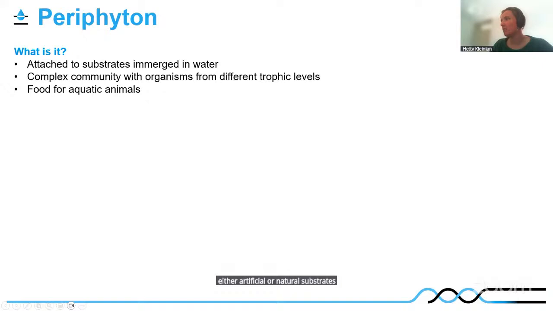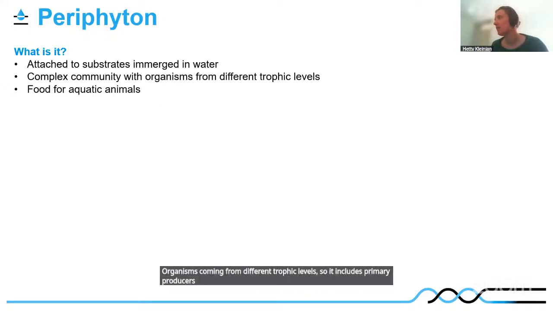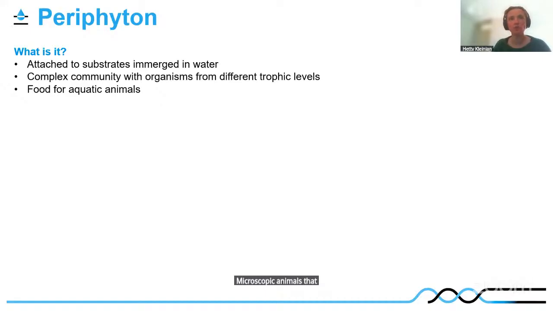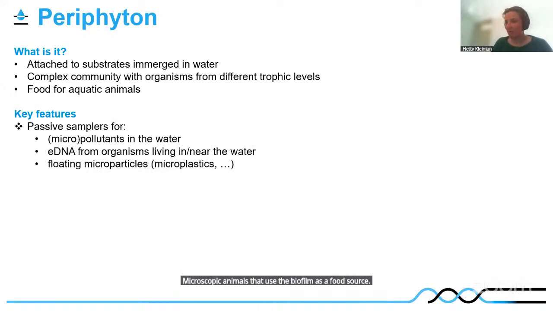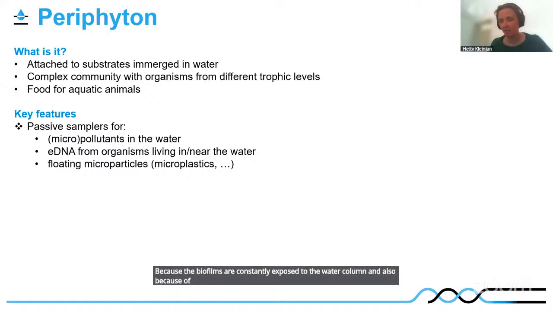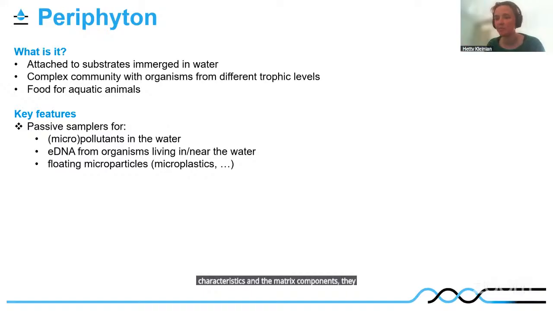They are complex communities that cover different trophic levels, with organisms coming from different trophic levels. So it includes primary producers, fungi, but also heterotrophic bacteria and some microscopic animals that use the biofilm as a food source. Because the biofilms are constantly exposed to the water column, and also because of their intrinsic characteristics and their matrix components, they behave kind of like a sponge, let's say, and they can accumulate and absorb